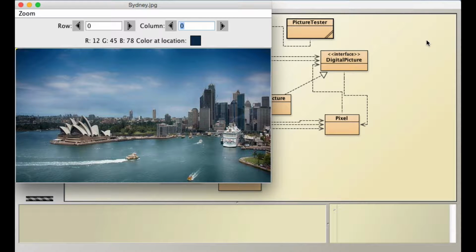Hi all, in this video I'm going to do one more filter. In this filter I create a random number of randomly sized rectangles. Within those rectangles I tint the pixels a random amount. And here I have a picture of Sydney Harbor and I'll run the filter on it,